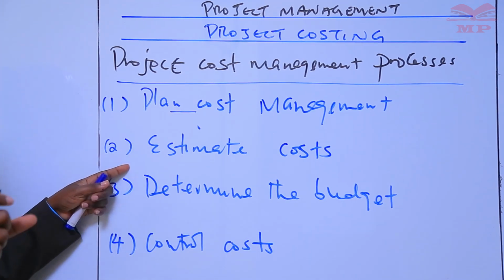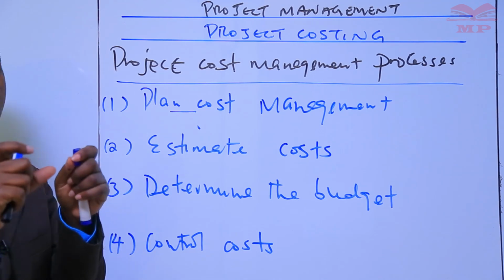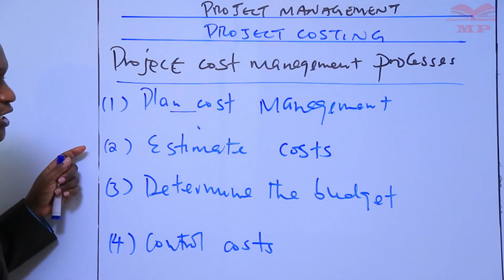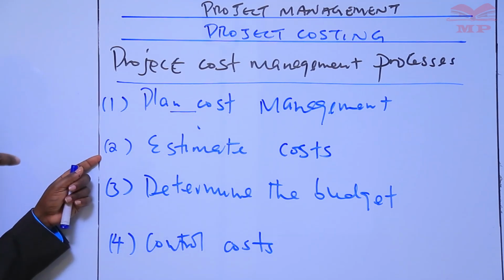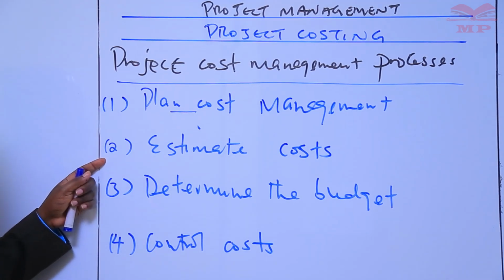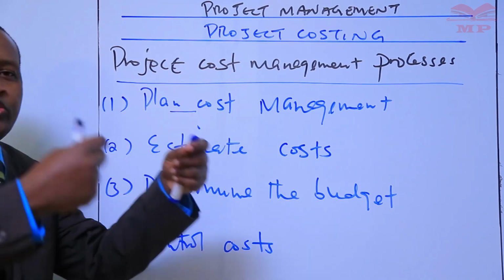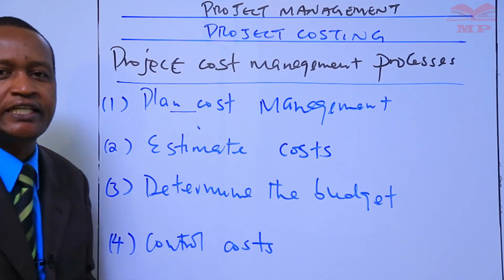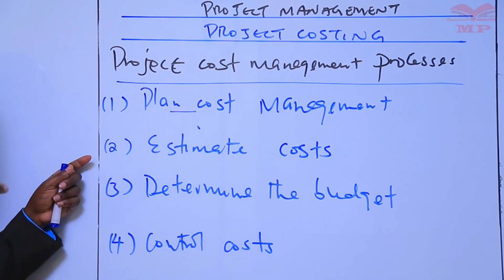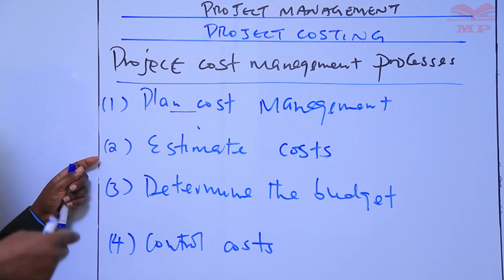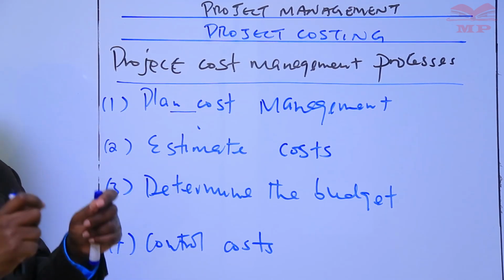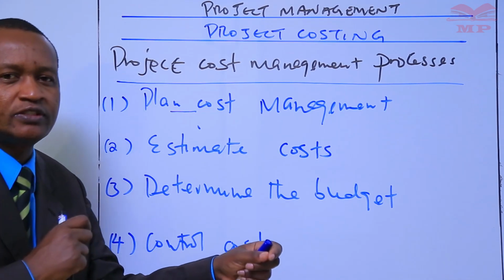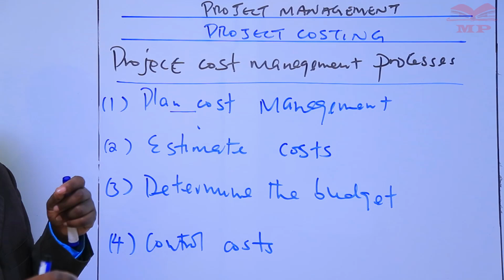So a cost estimate, we can say, is a quantitative assessment of the likely costs for resources required to complete the activity. So it is just a prediction that is based on the information known at a given point in time. So cost estimates include the identification and the consideration of costing alternatives to initiate and complete the project. And we may have things like cost trade-offs, things like risks that should be considered, such as make